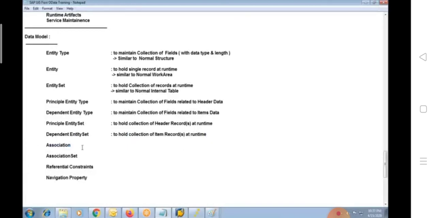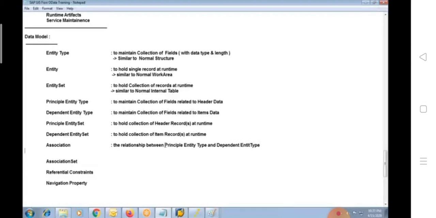And in case of association, association is the relationship between principal entity type and dependent entity type.